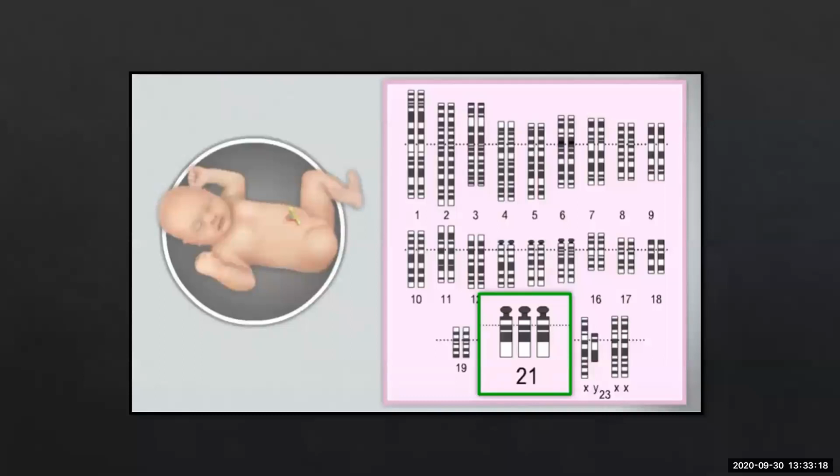You can see in the chart there is a trisomy of this 21st pair of chromosome. There are 3 chromosomes you can see. In a pair, there should be 2 in the normal, but you can see here there is a trisomy. There are 3 chromosomes in this pair. So there is an abnormality which is known as Down syndrome.